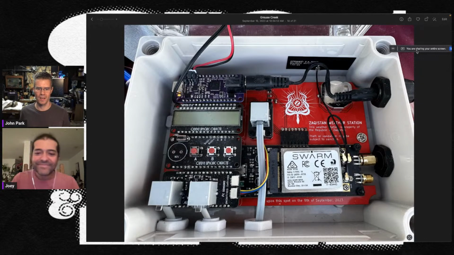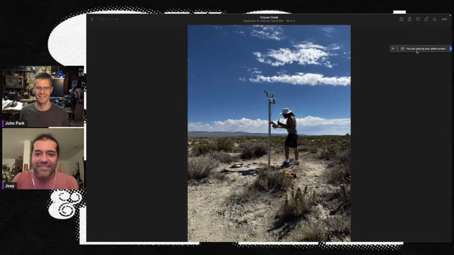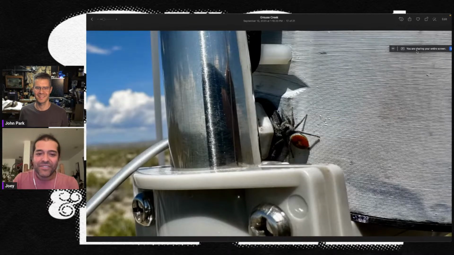Yeah, there's a modularity as well as the custom side to it, which is really helpful. So this is the first satellite data that came down. I was able to get it on a buddy's phone and just took a photo of the screen. And that's me installing the weather station. First visitor it got. Hey, how's it going, Spider?